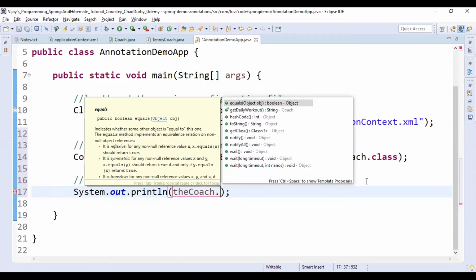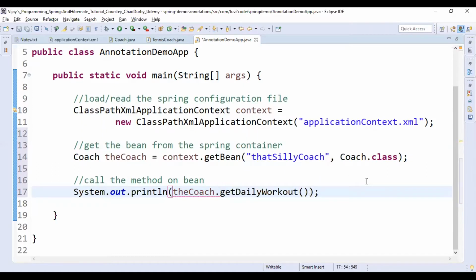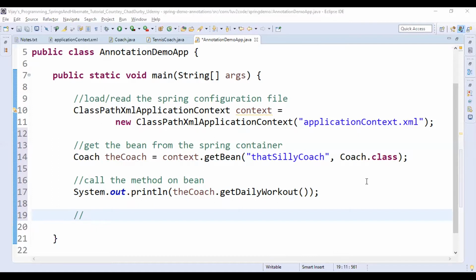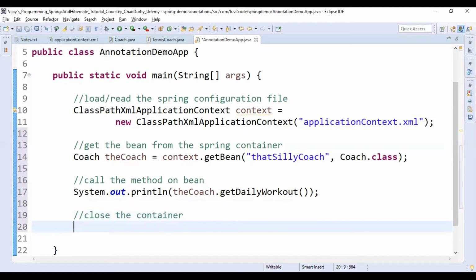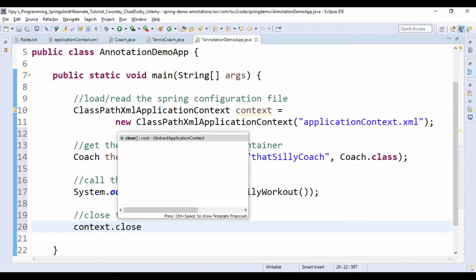You need to choose getDailyWorkout. At last, we are closing the context, or we are closing the container, that is by context.close.